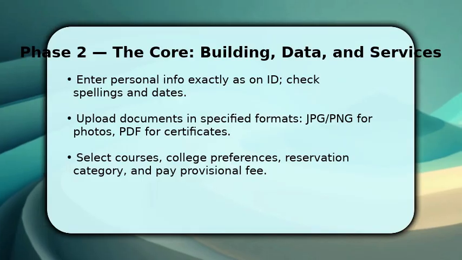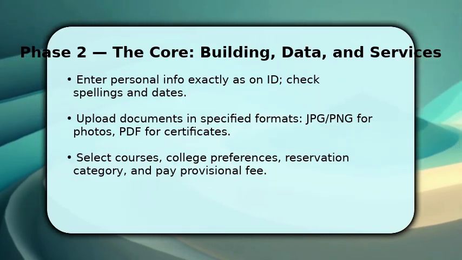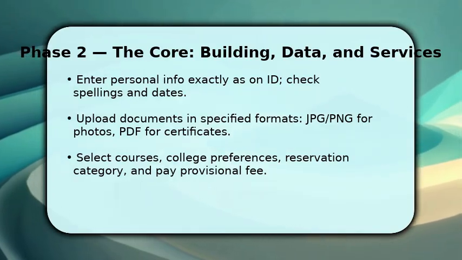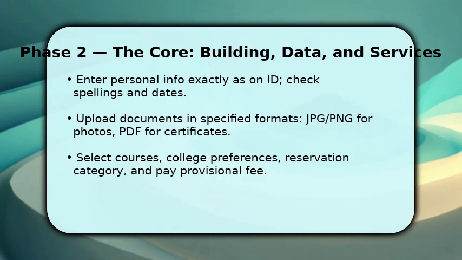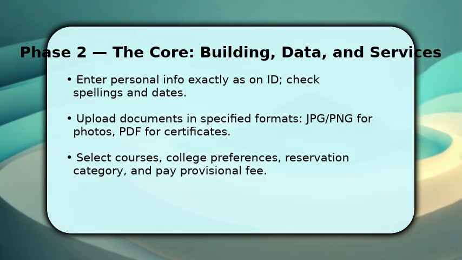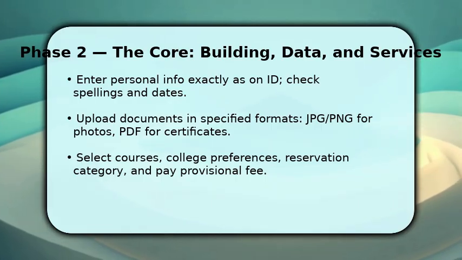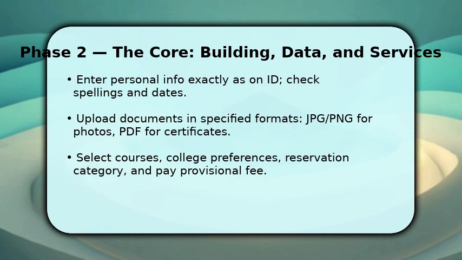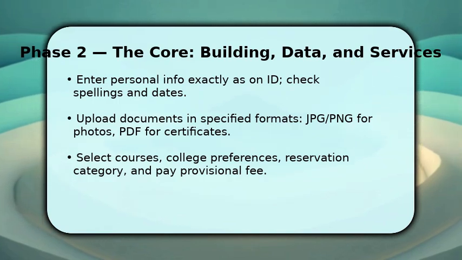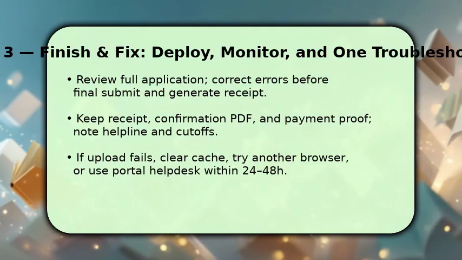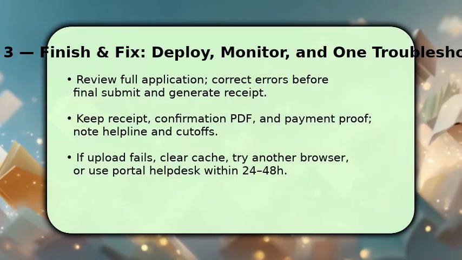Then select course options and college preferences, indicate reservation category if applicable, and complete the provisional fee payment. Make sure to save progress after each major section, because the portal may time out and you don't want to lose entered data. You finish by thoroughly reviewing the entire application, check spellings, document matches, and course choices, then submit